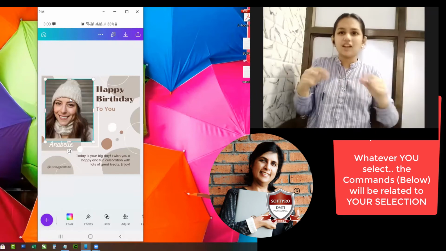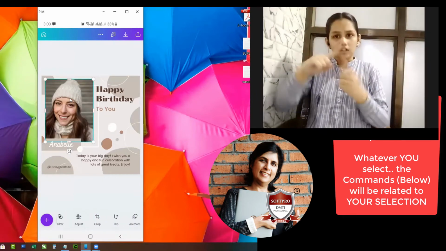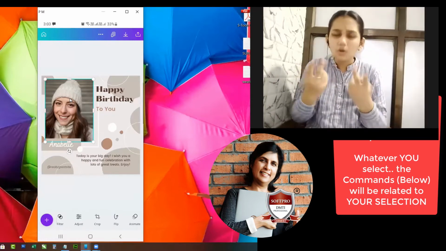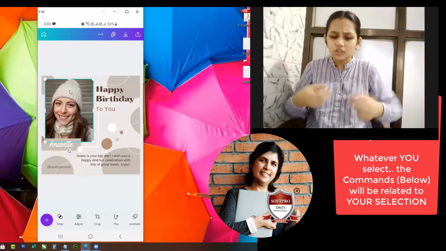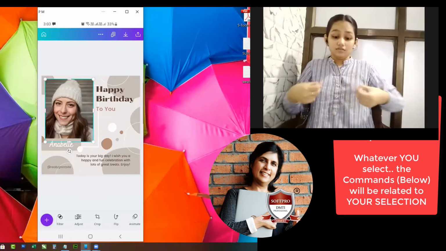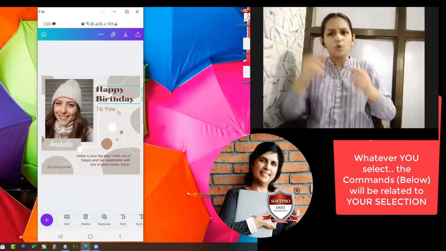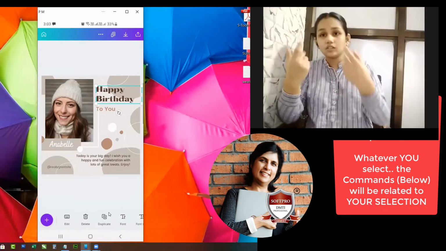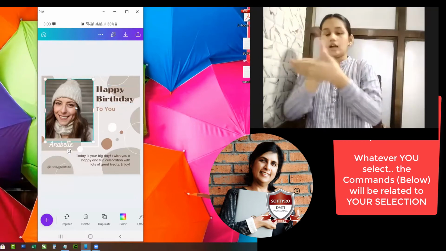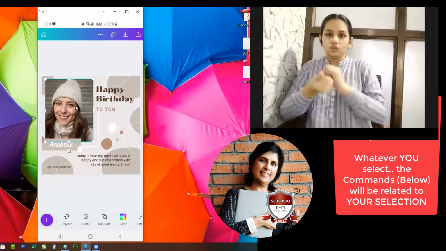So therefore you have color, filter, adjustment, crop, flip. So whatever I select, the commands below will be related to that. If I select text, all my commands are related to text. If I select the face, that is the image, everything is updated with the image.